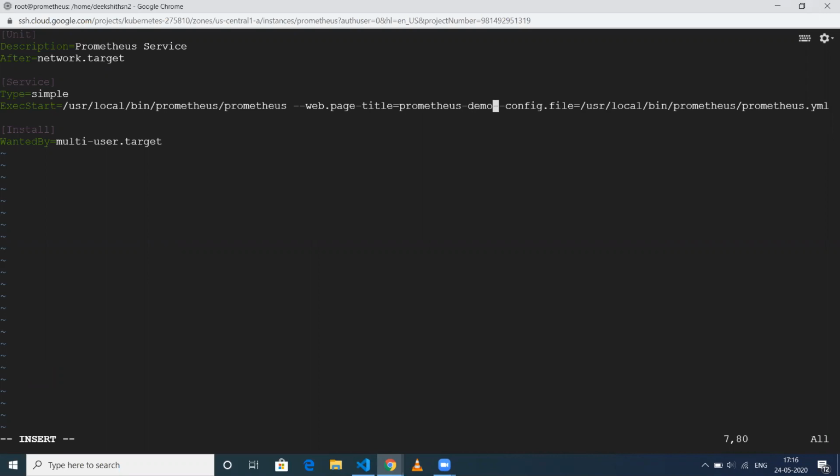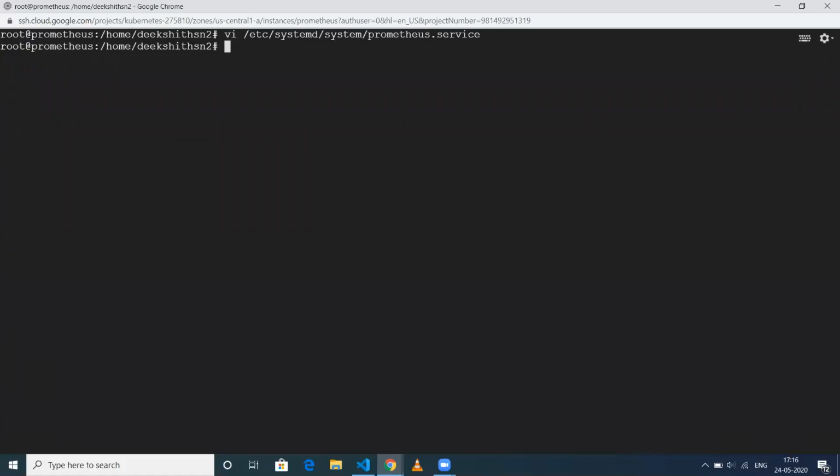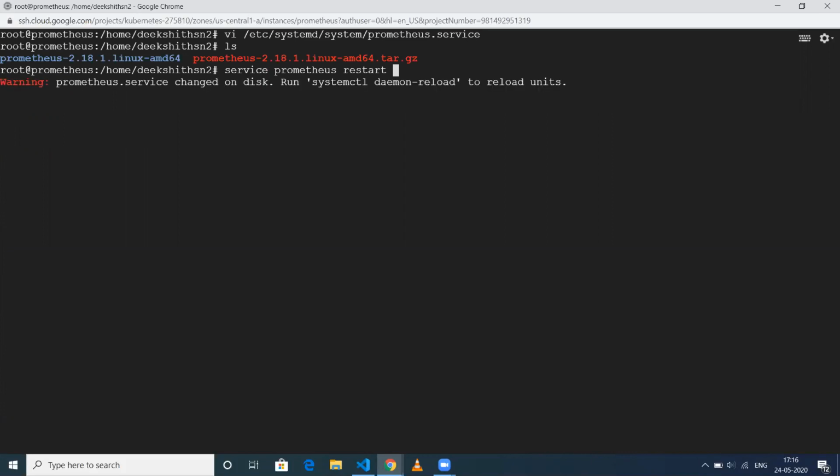Once this is done, just save this file and try to restart. Okay, so now this is done. I'll do a service Prometheus restart. I guess I need to do a system reload first.